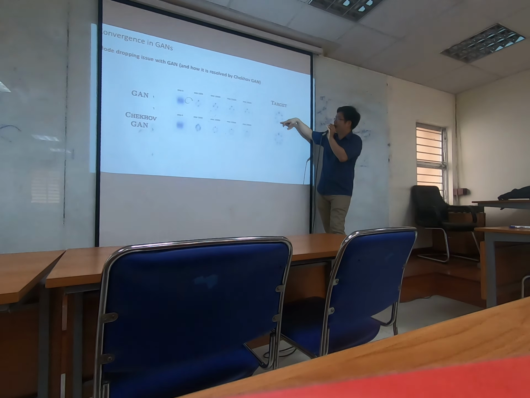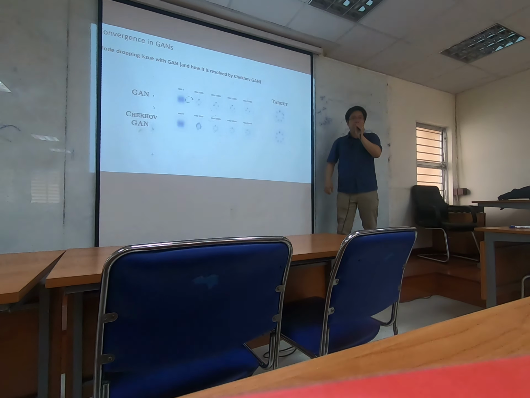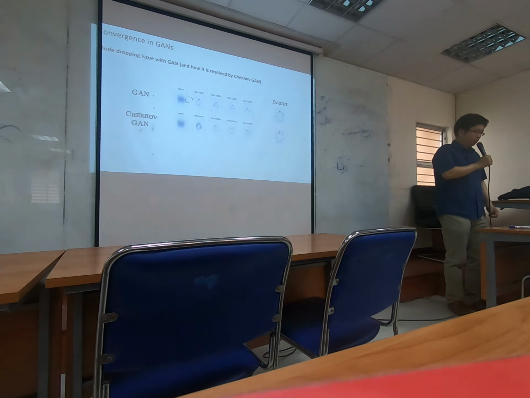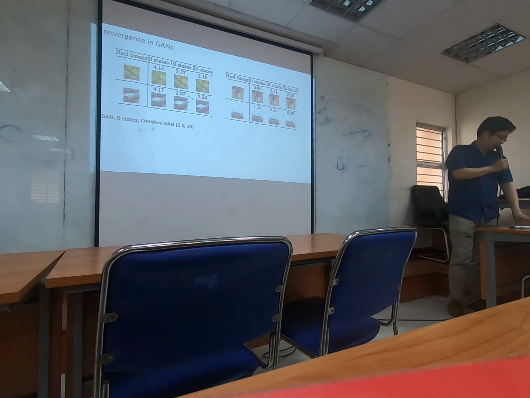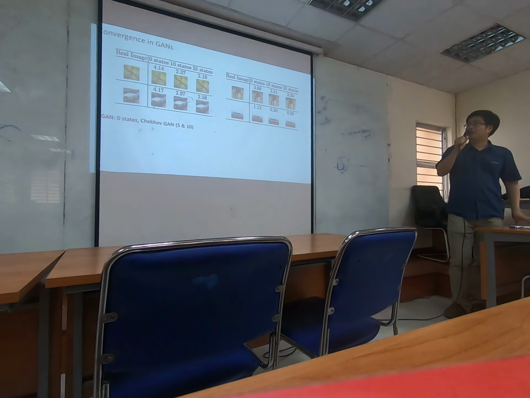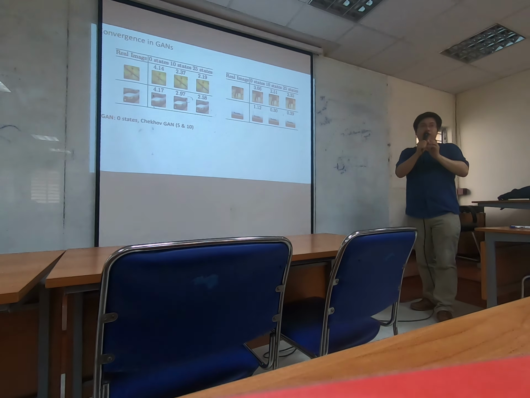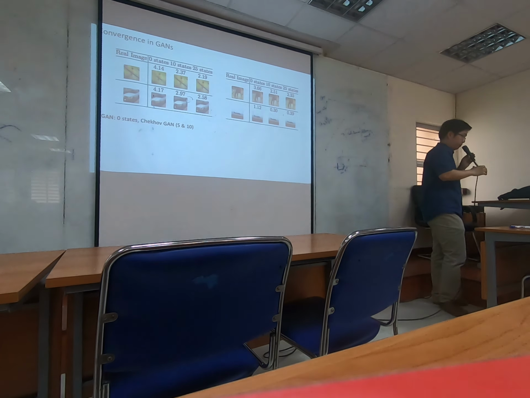You still have the same. This is the target, and you get almost the same, very similar pattern. So mode collapsing is solved, I wouldn't say fully, but in this case it is. And yeah, this is just a slide to show that the result of Chekhov GAN using bandit theory is not much worse, although it tries to keep the modes. So quality-wise, it's still quite similar.